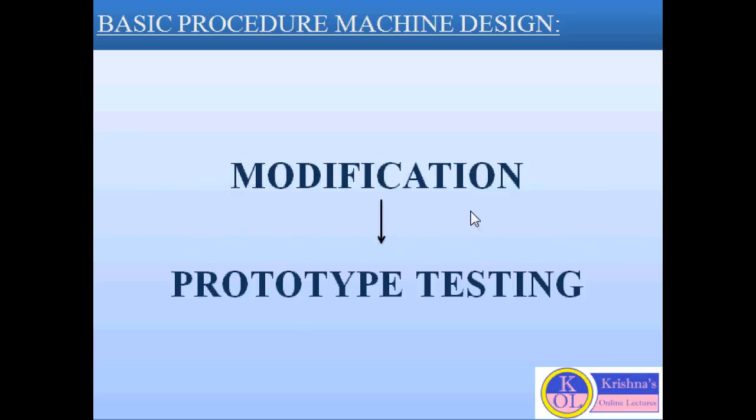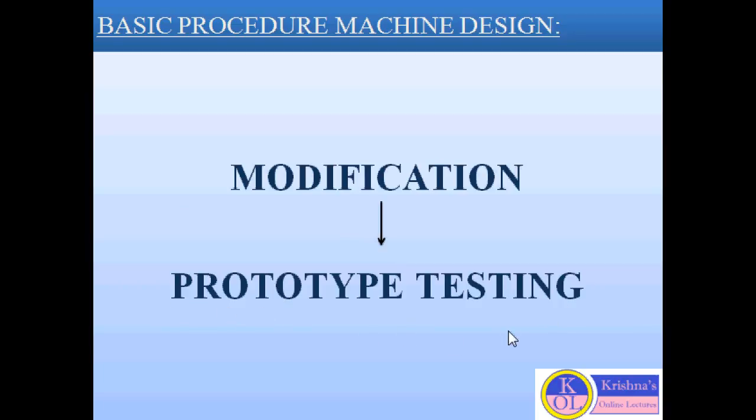Next step is modification. All types of drawing and design are done as per the specification by the designer with 100% accuracy, but if at the manufacturing level any problem happens, then as per the manufacturing engineer, the designer will modify, and after all modification it will again be manufactured. Next step is prototype testing. Basically, prototype testing is the last step of the process. After prototype testing, the product will be finalized.